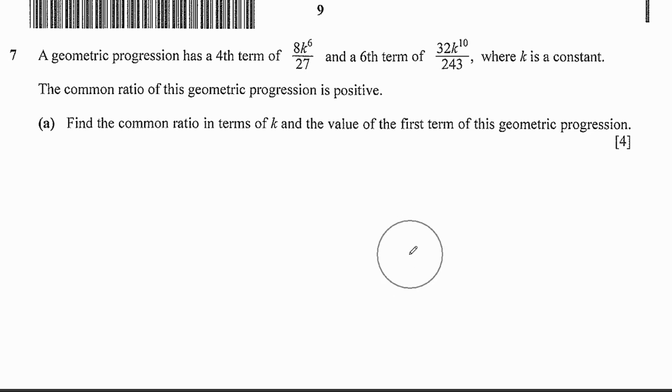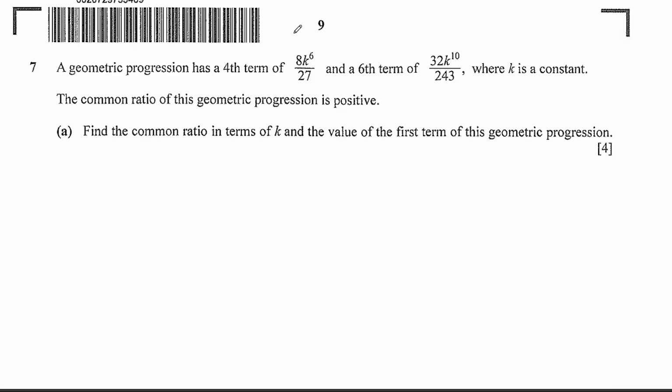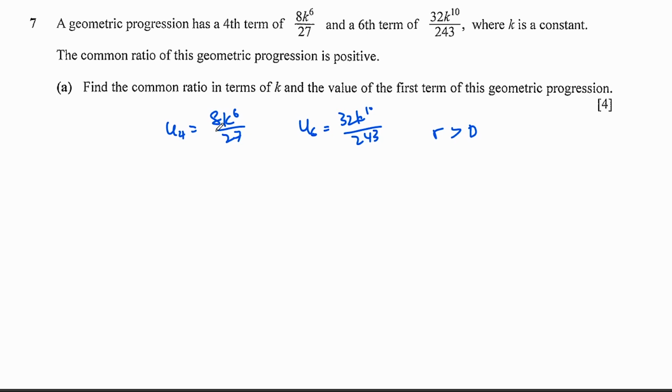Okay, a geometric progression has a fourth term of this and a sixth term of this, where k is constant. So let me just write it down. And the common ratio r greater than 0 is positive. So find the common ratio in terms of k and the value of the first term. Right, so we know that the term-to-term rule of a geometric series will be this one. Where a is the first term, n is the nth term, and r is the ratio. So we can use these two